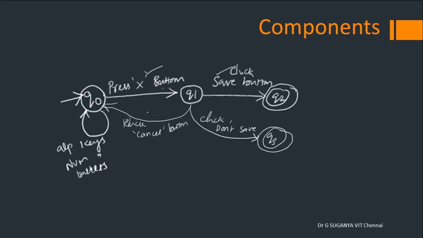Now let's move on to define formally what a finite automata is. You could see some components represented by circles, which we call states. We could see some symbols written on the edges, which we call input symbols. Then you have lines. It could be a self loop existing in Q0, or a line from one state to another state, in which case we call it a transition. Transitions are the lines that take you from one state to another state.